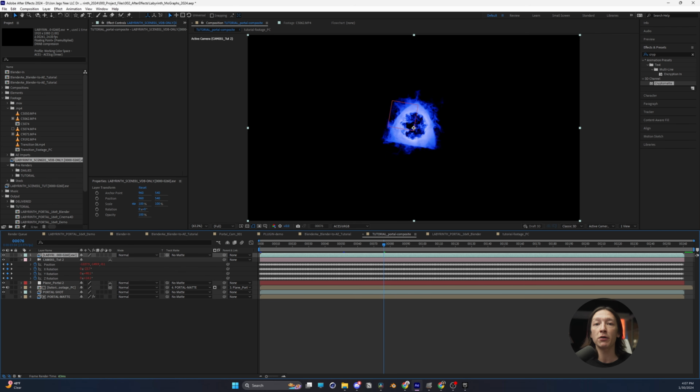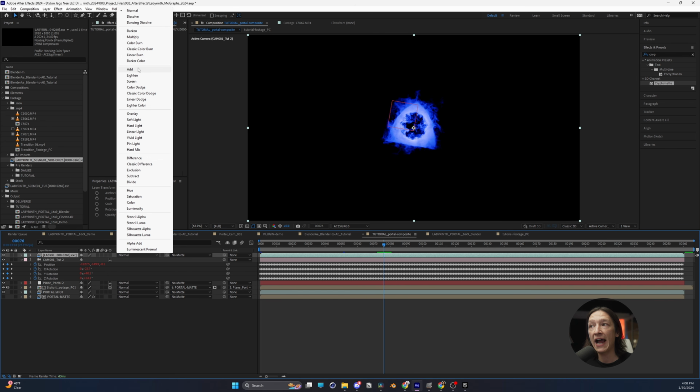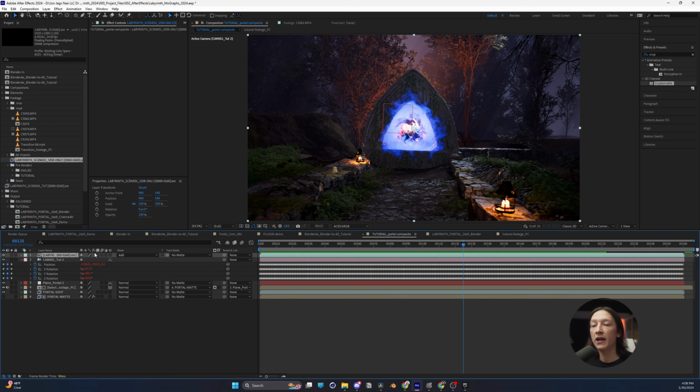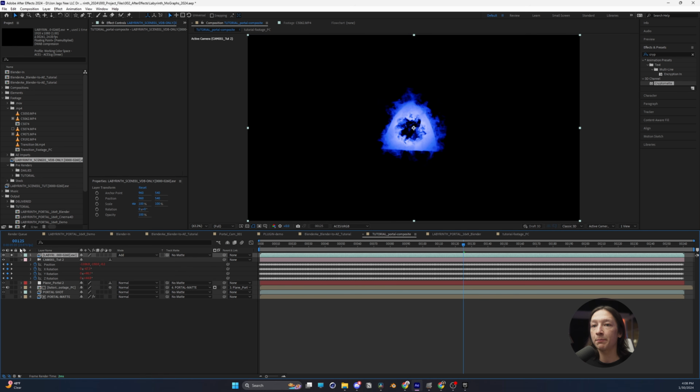You can do transparent renders out of Unreal, but because I know I'm going to set this blending mode to add, it's going to obscure the footage just like that. So now when I turn this off, we can see that it's helping the footage in the scene blend a little more. And the best part about this is now because I have this single object by itself,